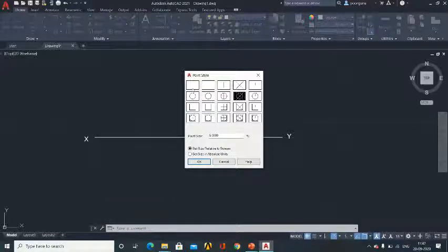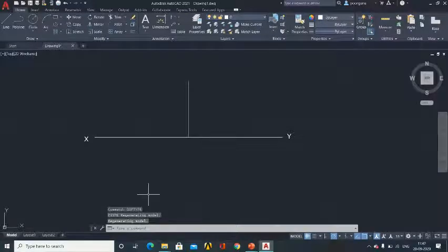If you have a point selected like this, it won't be visible to you. So to avoid that, I am selecting a point something like that, or whichever is visible, and you can increase or decrease the point size. So I am keeping it as it is, 5 point. Select OK. So now the point type is selected.